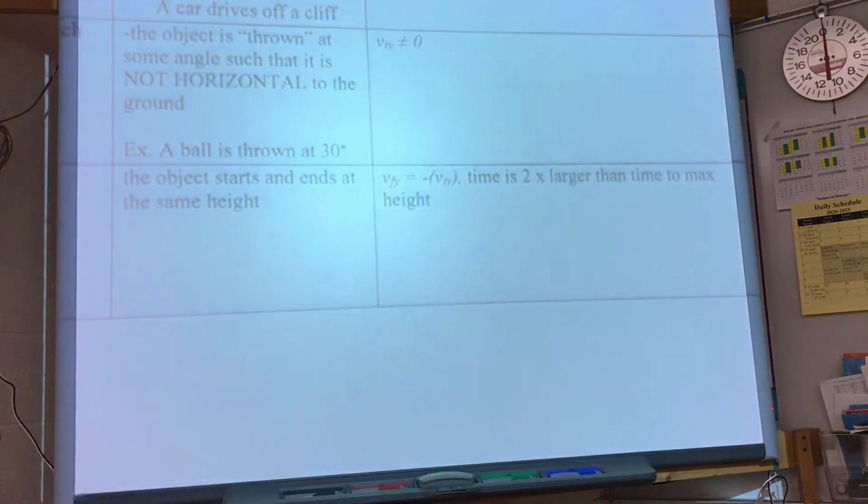Compared to before, our 1D motion problems were more like that, right? It went straight up and straight down. Now we can do